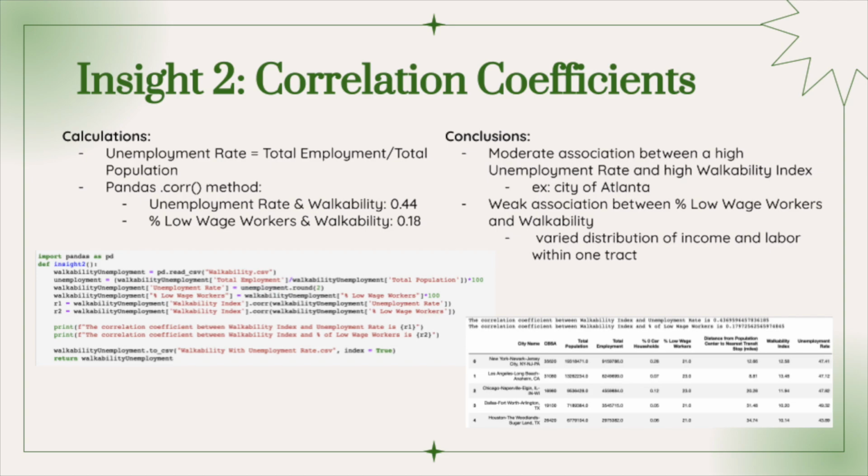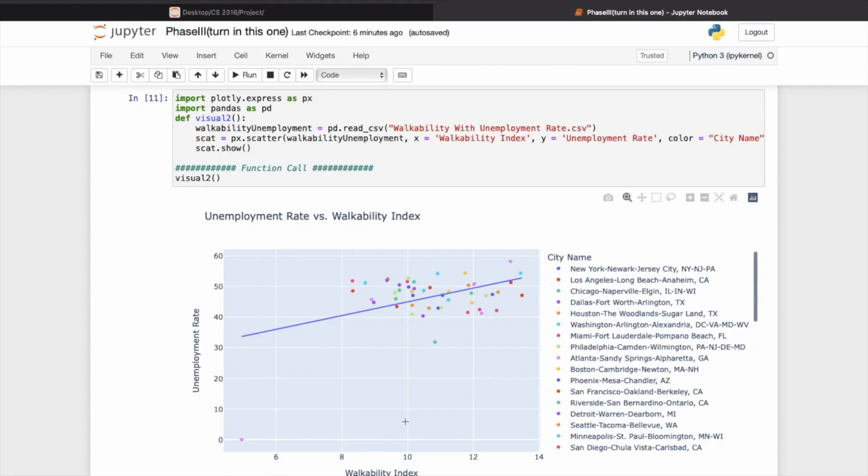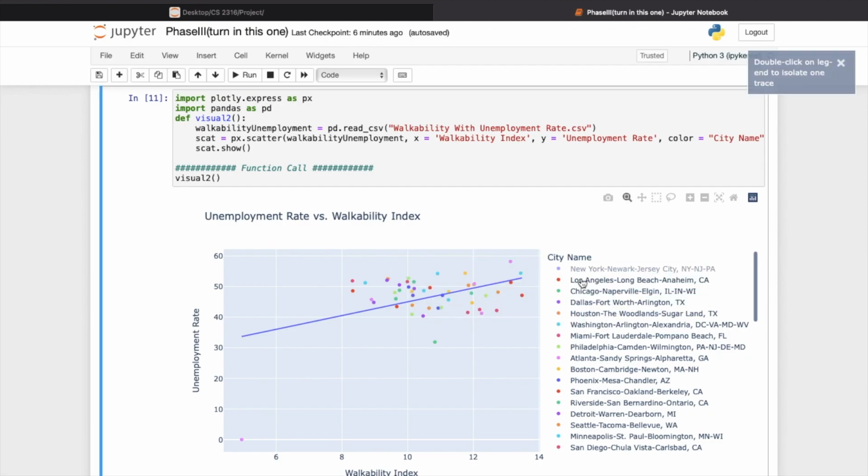We determined this low correlation coefficient to be for a similar reason. There is a wide variety of socioeconomic areas within one CBSA tract. Therefore, there is a large distribution of income and labor. Our second visualization was a scatter plot that shows the relationship between the walkability index and unemployment rate. Each CBSA is plotted on the scatter plot, and we used a line of best fit to demonstrate the correlation